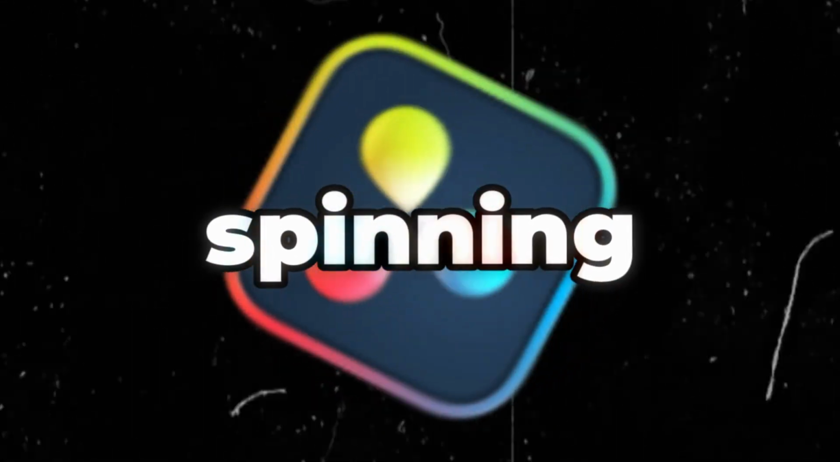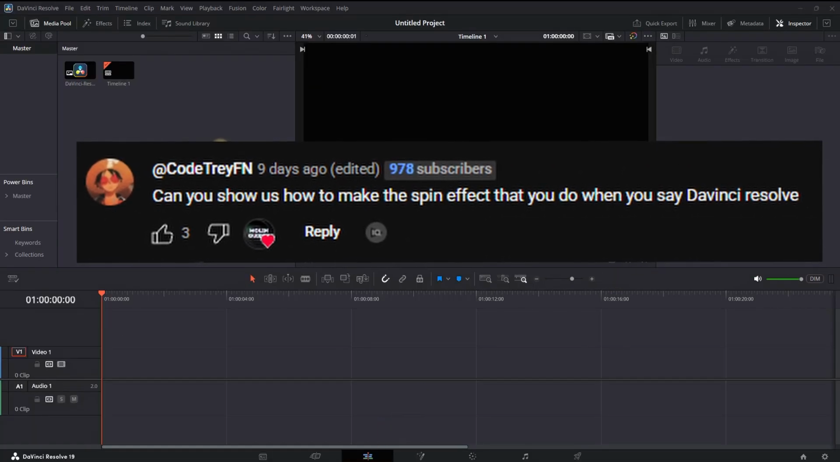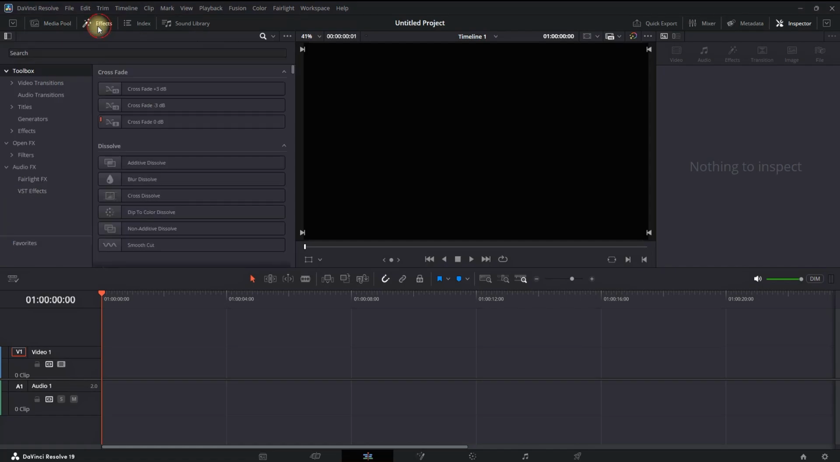How to make this spinning logo effect inside DaVinci Resolve. I'm inside the edit tab. In my media pool I have my logo as a PNG file. You want to have this one in here in order to create this effect, and then you want to go to effects